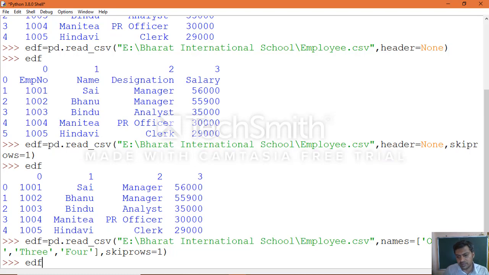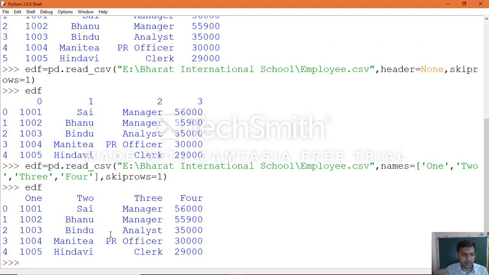Now the names argument column headings which we specified are displayed. We saw the default headings 0 1 2 3, and we saw the CSV file column headings which we specified. Now we use our own column headings which we want to specify. When you work with the CSV concept, you will be able to understand. So that is the first question I showed you: how to use the header argument, skiprows and names.